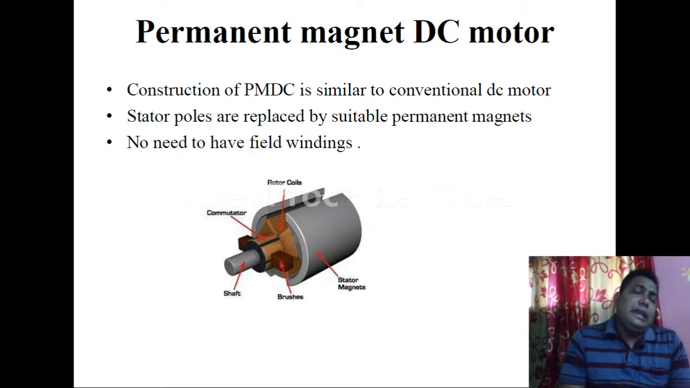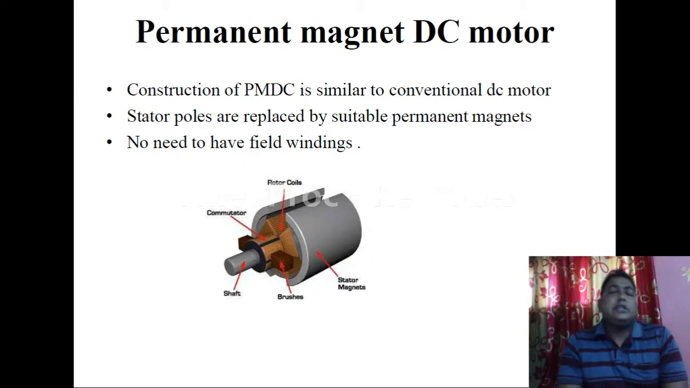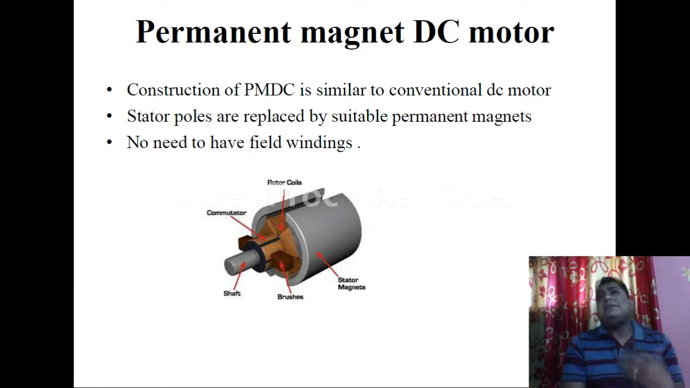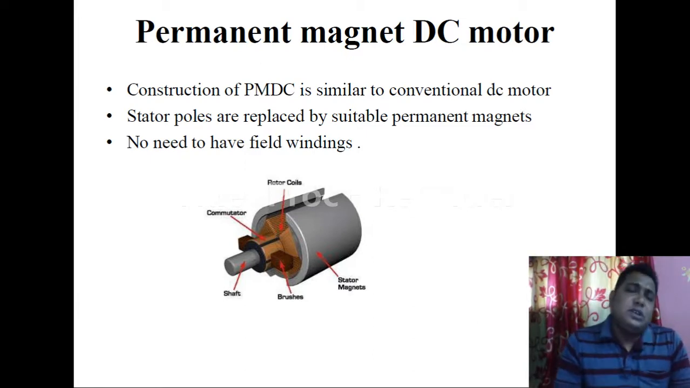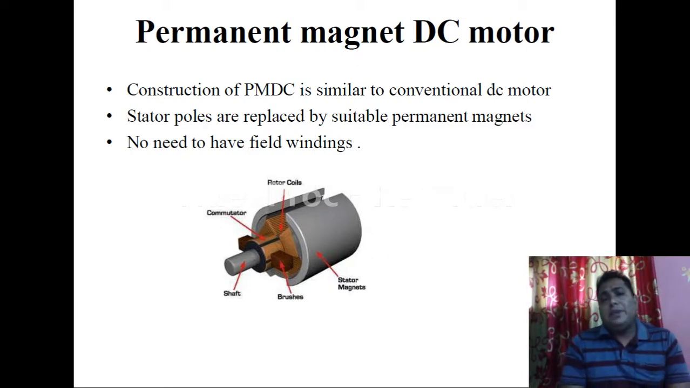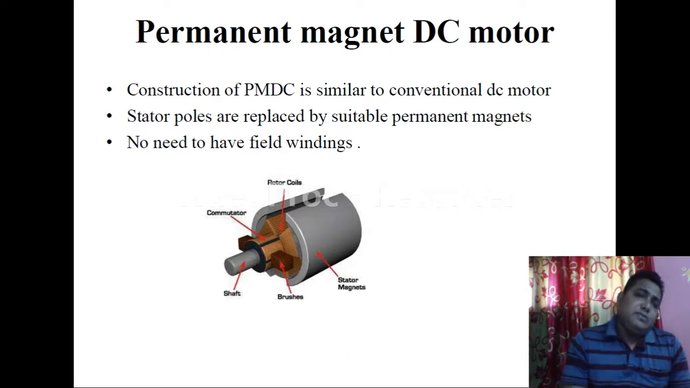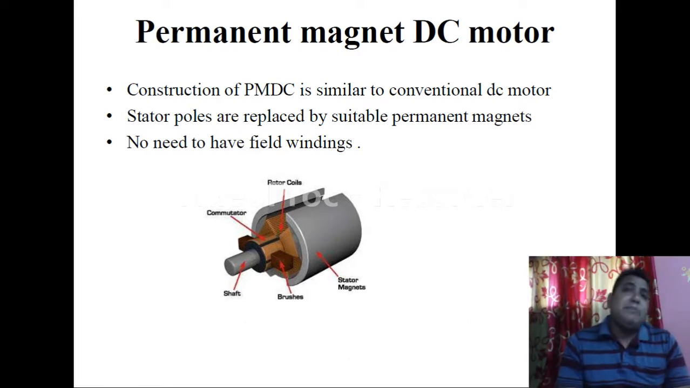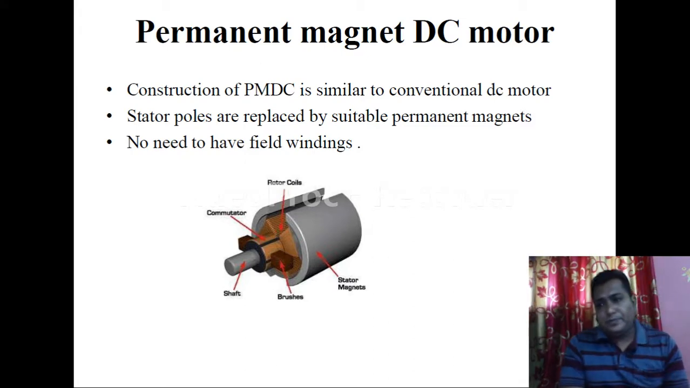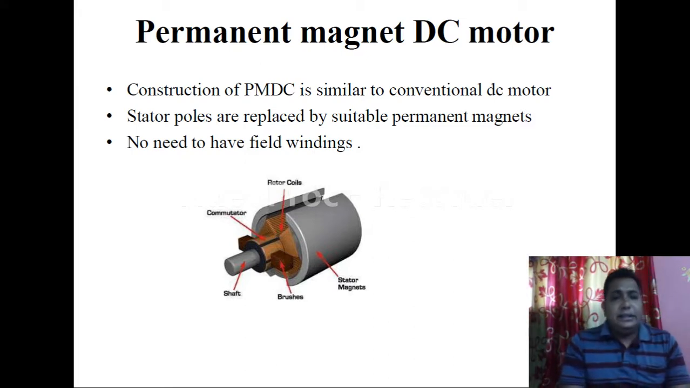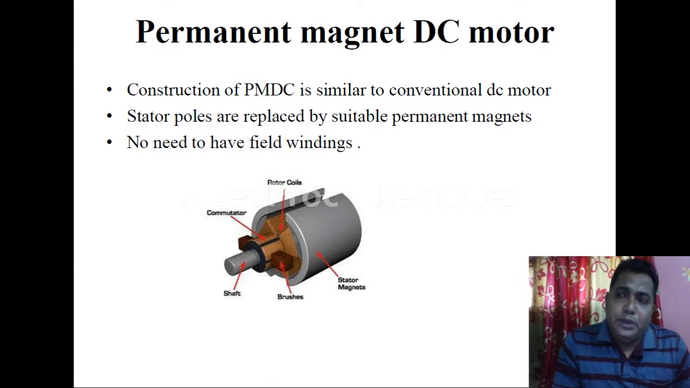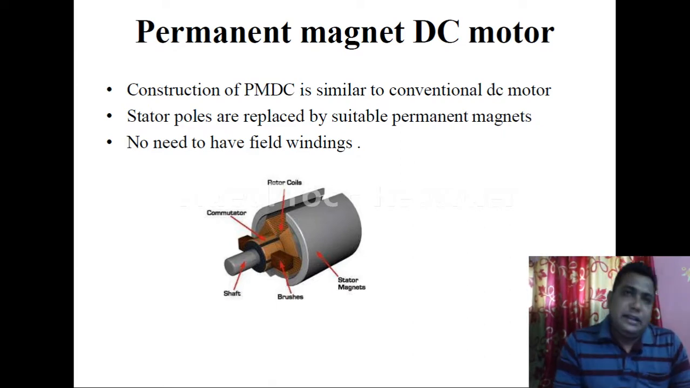Okay, so here in the case of stators, the stator poles are replaced by a suitable permanent magnet. That means in conventional DC motors we are using electromagnets. When we give supply, it will be magnetized, and when we disconnect the supply, it will be demagnetized. But in the case of permanent magnet DC motors, instead of the electromagnet, we are using a permanent field magnet,